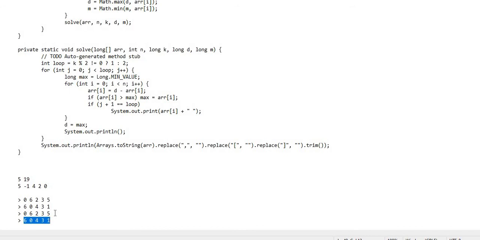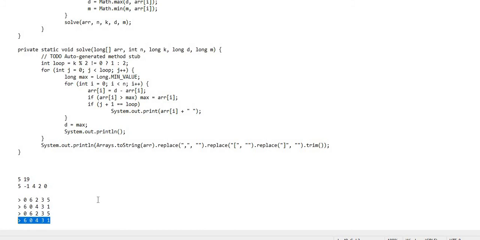If you take a close look at this pattern, whenever the iteration count is even you get the same sequence, 0 6 2 3 5, and for odd counts, like 1 or 3, you get 6 0 4 3 1.